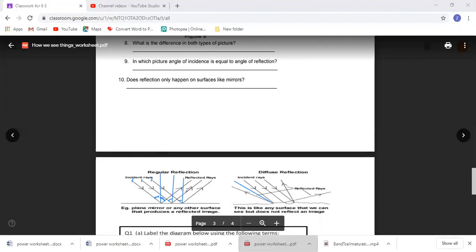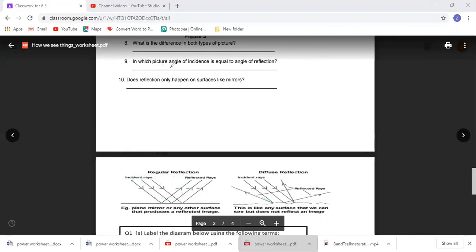Over here you can see that all of them are reflecting in the same direction, right? And there's a systematic reflection taking place. But if you look at this, some rays are reflecting over here, some over there, some over there. So they have different angles of reflection and different angles of incidence because the surface is very rough, right? Over here, if this ray has a 20-degree incident angle, this ray will have a 20-degree incident angle, and this ray will have a 20-degree incident angle. But here, if this ray has a 20-degree incident angle, this can have a 50-degree incident angle, and this can have a 10-degree incident angle, right? I hope this is clear.